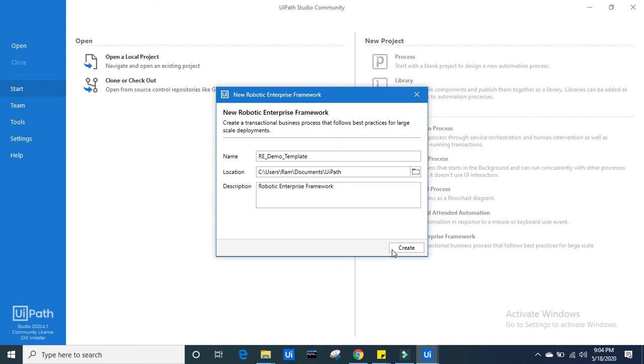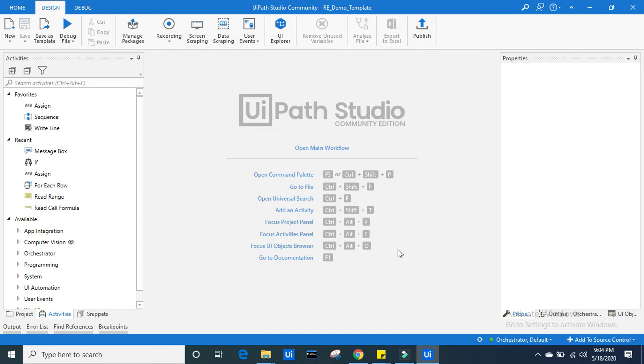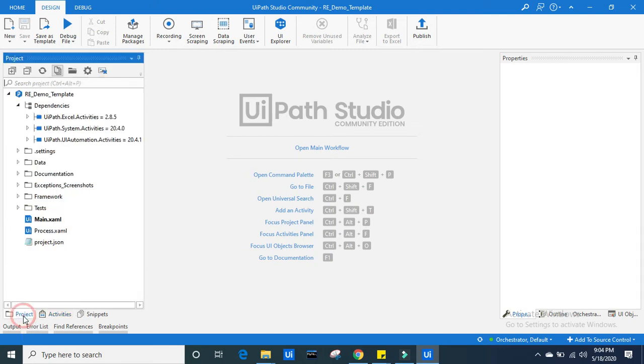Let's click on create. It will take some time to create the template. In this video we are just going to discuss how the template is.